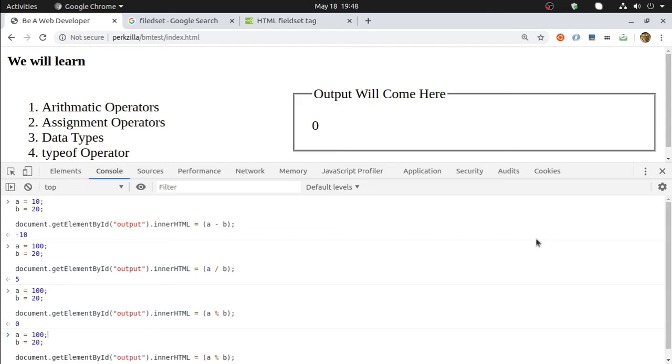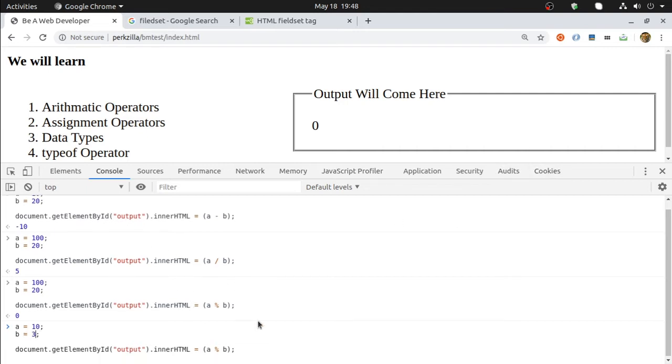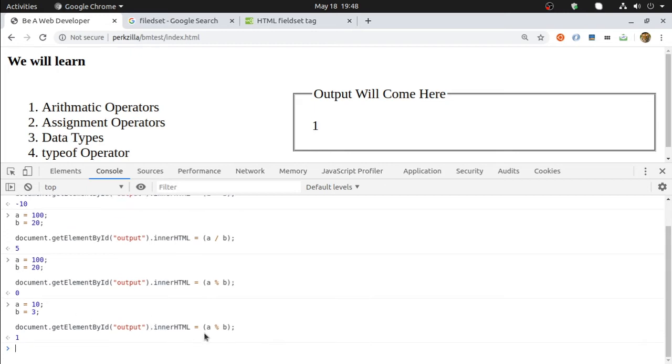See another example. Let's say a is 10 and b is 3. Now the output should be a mod b. 3 times 3 is equal to 9. 3 times 4 is equal to 12. a is 10, so when I am doing this, my remainder is always 1, because 3 times 3 is 9, and according to division, 10 divided by 3 gives you 3 and remainder 1.